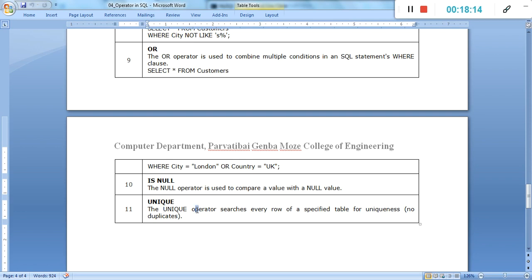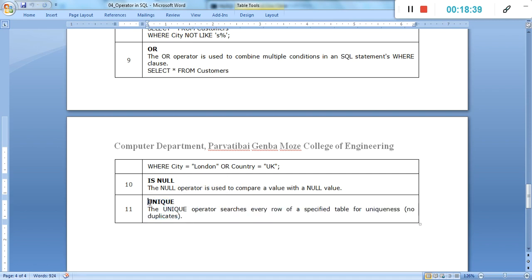Then unique, the unique operator searches every row of a specific table for uniqueness. If the table contains a duplicate record, the unique command uses only unique values or unique records. If, consider, a customer table contains 5 records and one is a duplicate, then when we use unique, it only prints 4 records. It's not showing the duplicate record.